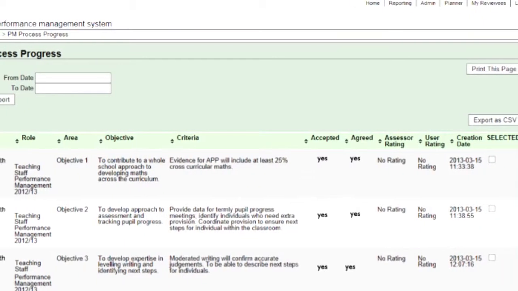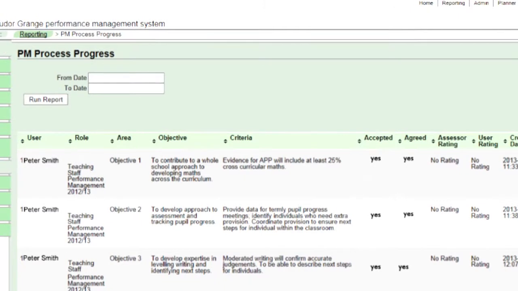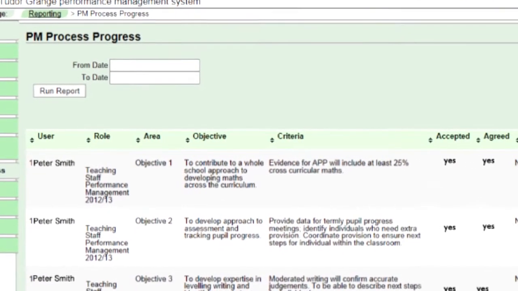Paragon is a very simple system to use, yet actually with the reports you can run, you can develop all sorts of complexity within CPD, identifying areas for development, for example. We can within 3 or 4 minutes have 85 teachers' lesson observations pulled up in terms of the areas for development, and we can sit as a leadership group and we can discuss where is our inset plan for next